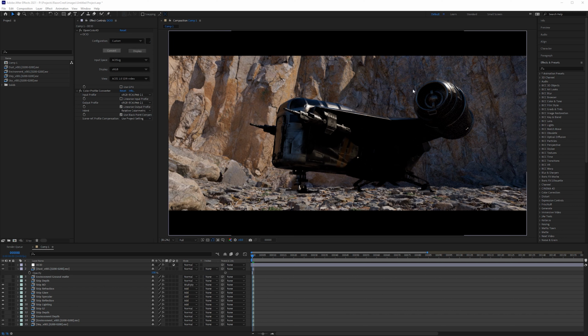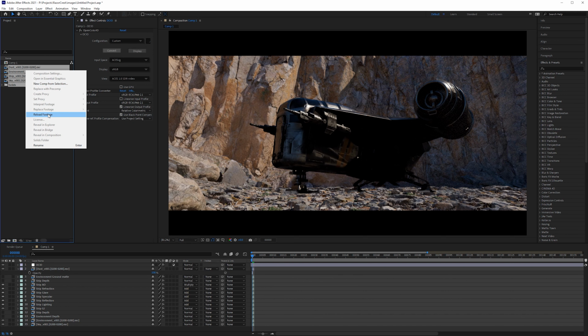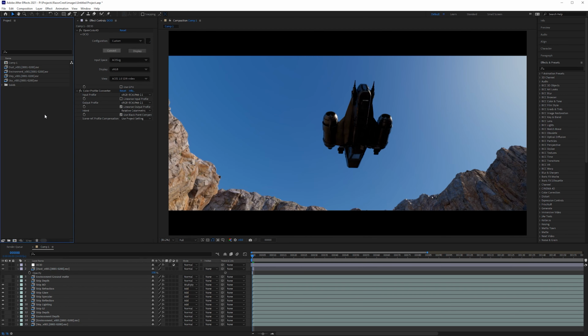So even with the denoising on here, there will be some issues with the settings that we used last time. So the first thing we have to do is load in the full frames. And there are 2 different ways to do this. I'll show you both ways. If your render layers over here say a range, so in this case, I rendered out frame 200 in the last lecture just to make sure everything was being composited properly. This says 200 to 200. If yours has some kind of range in there, all you have to do is select the layers, right click and do reload. And then you'll see the full sequence gets loaded in here and everything is good.